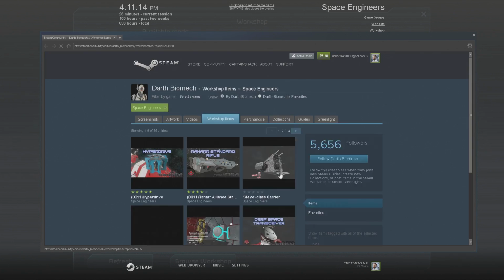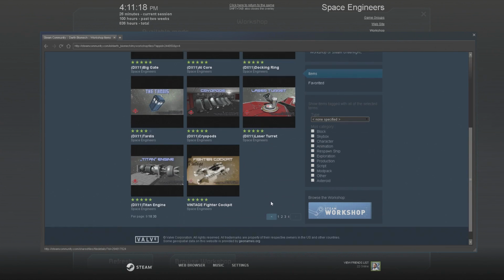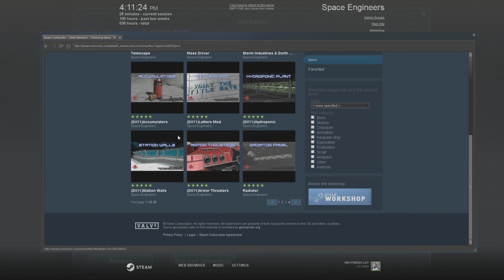Hell, we can even look at his list real quick. But Armored Thrusters, oh boy, he's got a lot of stuff out now. Let's rip through this. It's got a TARDIS. Oh, so good. All right, so I could rant about this all the time, but let's get back to